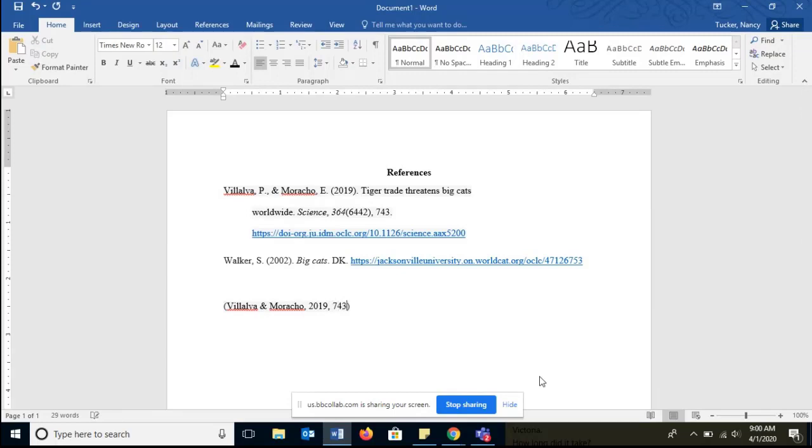But it's not required unless you're using a direct quote or citing information that you want to provide the page number for. But if you're just referring to it, if you're saying in the book, tiger trade threatens big cats worldwide, and actually that's a journal article. In the journal article, tiger trade threatens big cats worldwide, you don't necessarily have to give the page number unless you're referring to a specific section. So here are two examples of how to use your in-text citation for that first book, or journal article, excuse me. And then the second source is going to be just Walker,